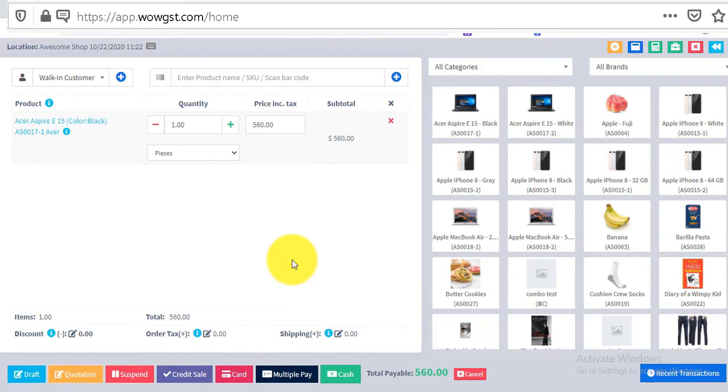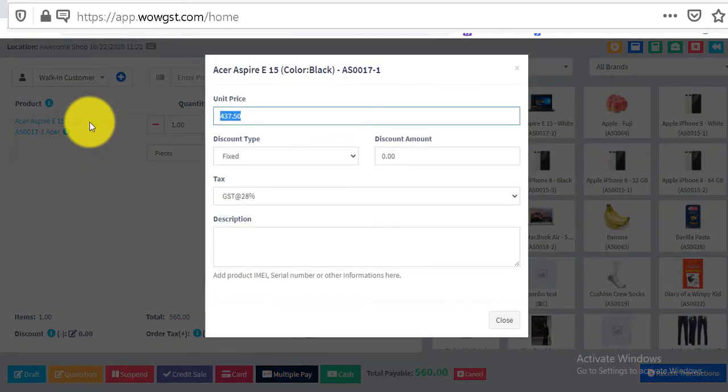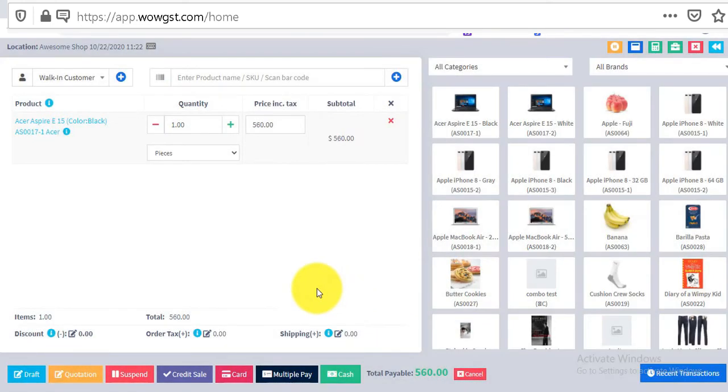With GST, the tax rate should always be applied after the discount. So here you can see, first you have to enter the unit price, then you have to enter the discount here, then you have to select the tax rates from here. So that's all in the GST invoicing of Ultimate POS. I hope you really find it useful, and you can see we can easily set up GST in Ultimate POS.